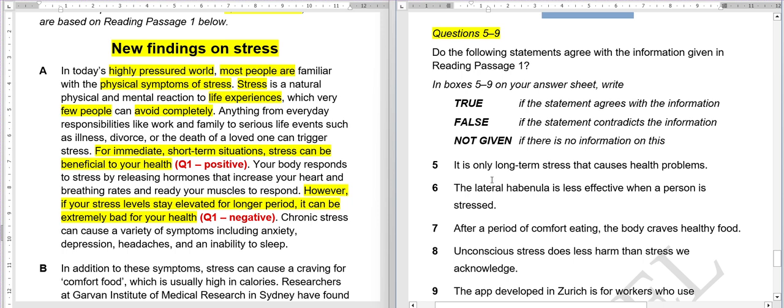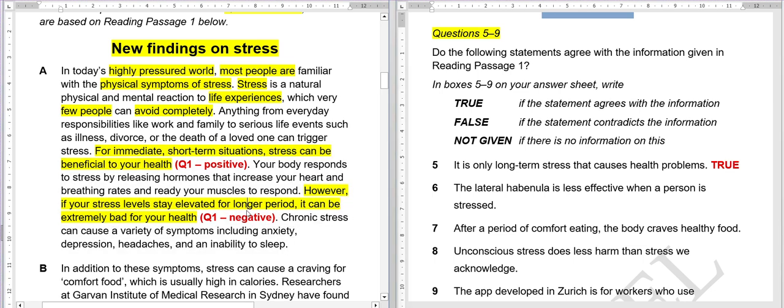Okay, time's up. So what I'm going to do is write the answer, and the answer to this question is true. I hope you arrived at the correct answer. So let me do this. Why is it true? Because here it is also written